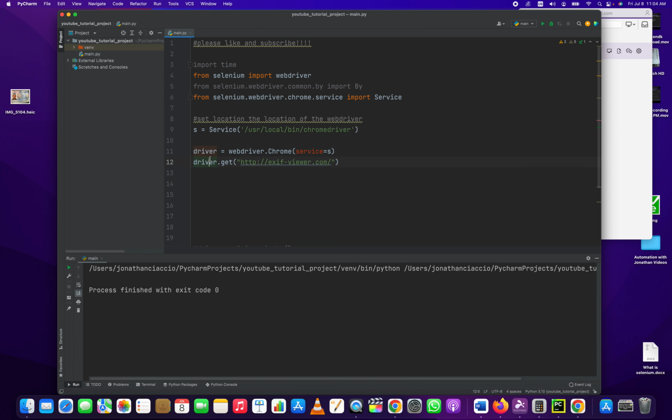created our driver. We are going to open this website. We created our driver by doing driver equals webdriver.Chrome, and then we pass in the location of our Chrome driver. But then after we open the web page in question, we do driver.maximize_window